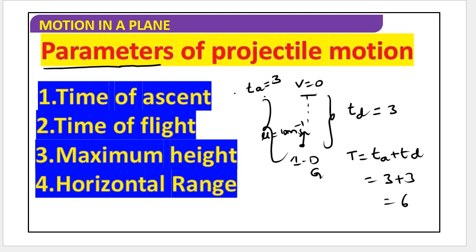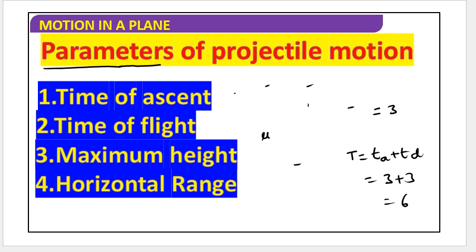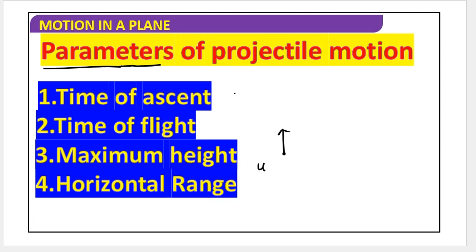Similarly here also, time of ascent means time taken for a projectile to reach the maximum height. And one more interesting thing: suppose you throw a projectile with a velocity of 10 meter per second. Look at the picture. If you throw a projectile with a velocity of 10 meter per second, and if you throw a projectile with a velocity of 20 meter per second, see here it will go only up to here,